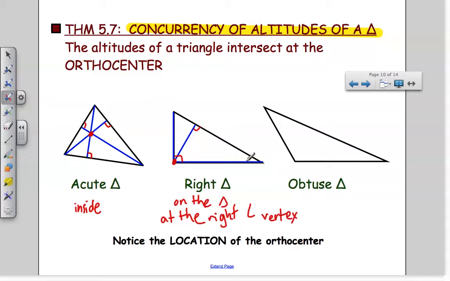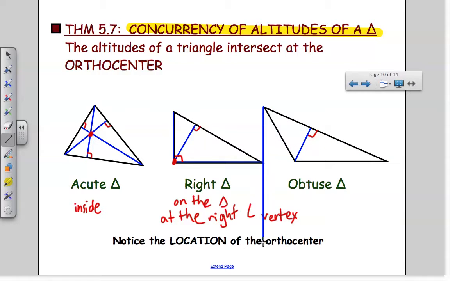And finally, in an obtuse triangle, remember that this will involve me extending the sides. The only altitude that I can do from a vertex to the opposite side without extending would be right here. Go at a right angle to the opposite side. But that's it. Because now, once I would try to go from this vertex to the opposite side, this would not be a right angle anywhere here, but if I extend it